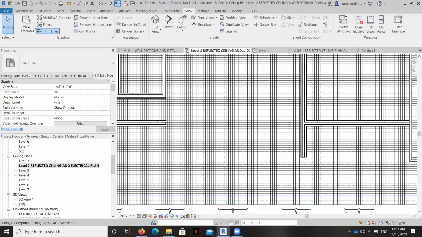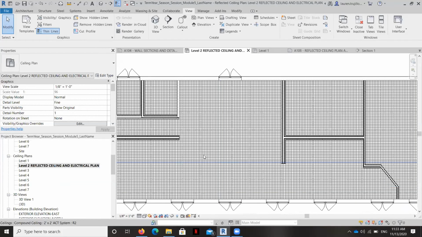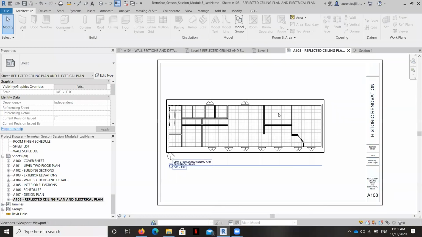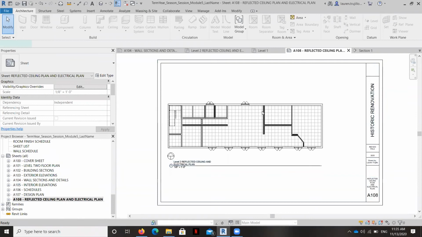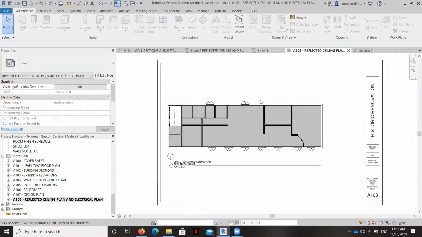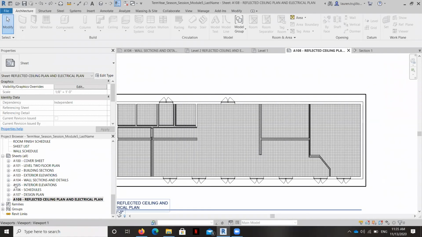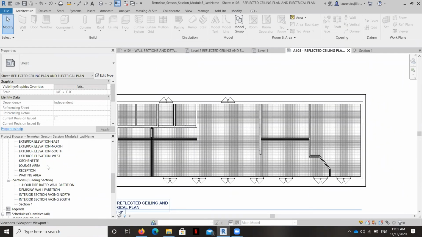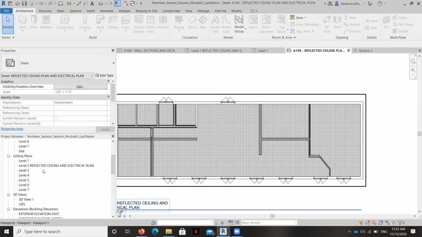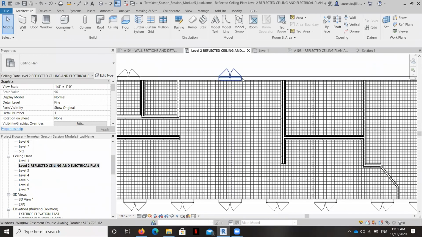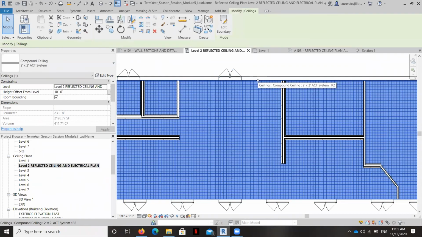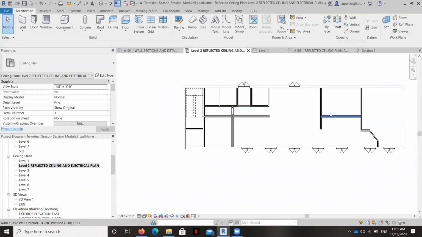I'm going to pause this for a minute and see. The grid, it looks like, is showing up, but that's awfully small. So let me pause it and see what's going on. Okay, so I realized that the reason why my ceiling looked funny was that it wasn't working for whatever reason. So all I did was delete this existing ceiling that we had drawn earlier and redraw it. If yours looks like mine or is behaving in some other weird way, all you have to do is redraw the ceiling.